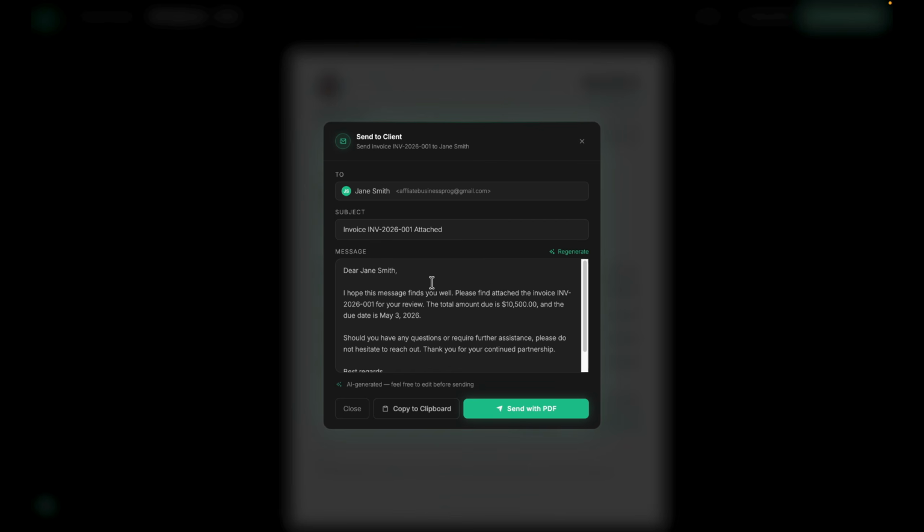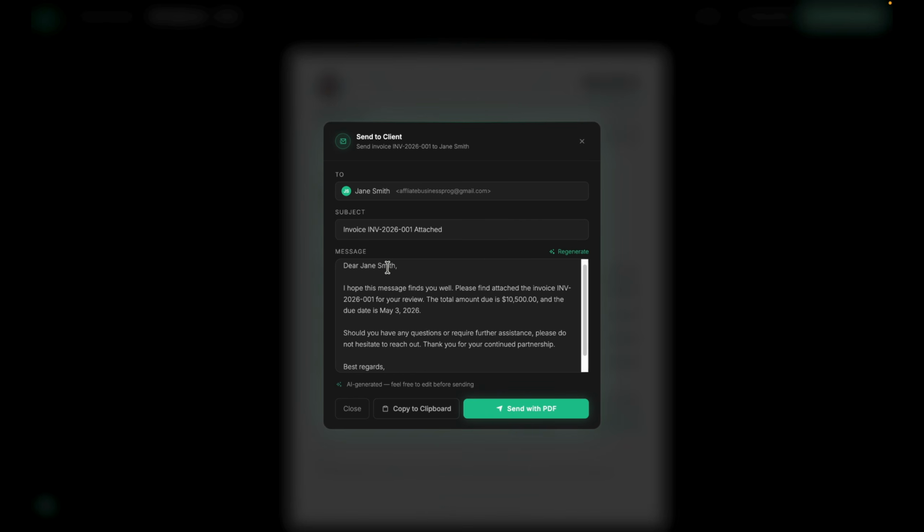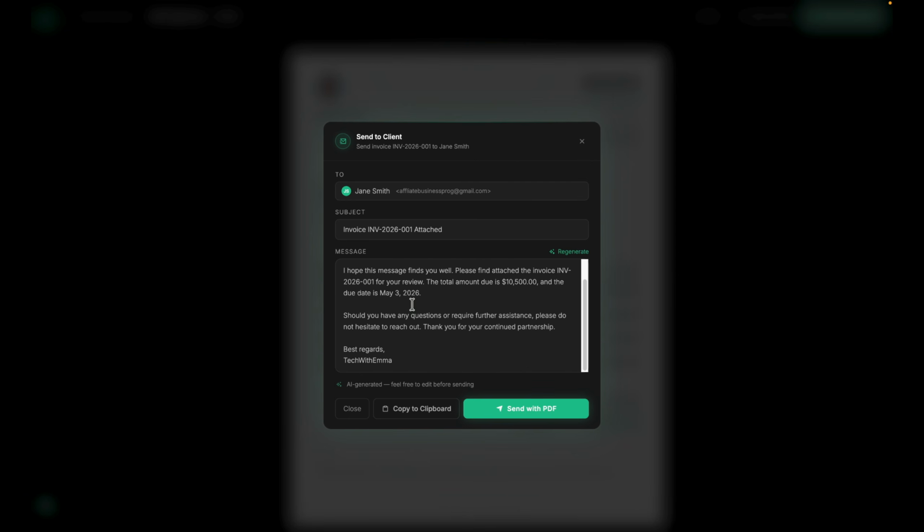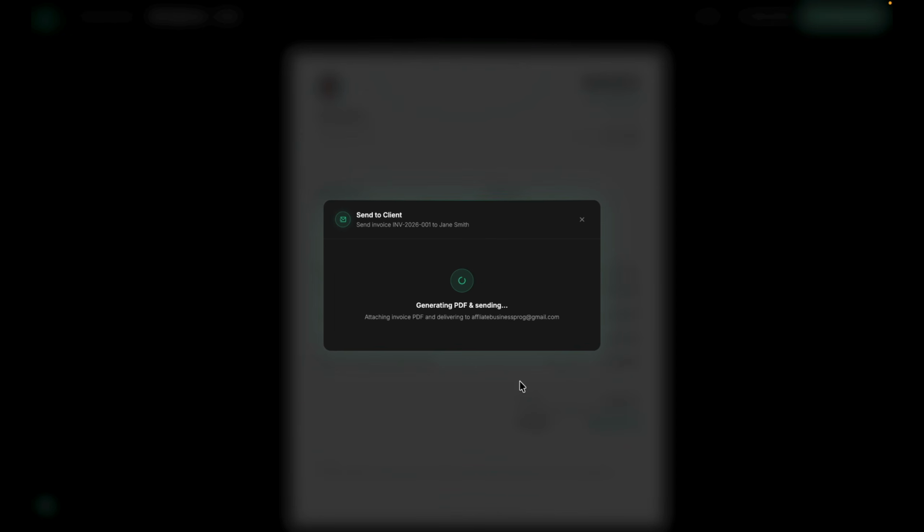So we can see the invoice here, the subject, we can see here Jane Smith. You can see the email, everything generated using AI. You can click here to copy to clipboard, or you can click here to send with PDF. So I'm going to click on send with PDF, and this is going to generate the PDF and send it to the client email. And after a couple of seconds, you should see that the status of this invoice